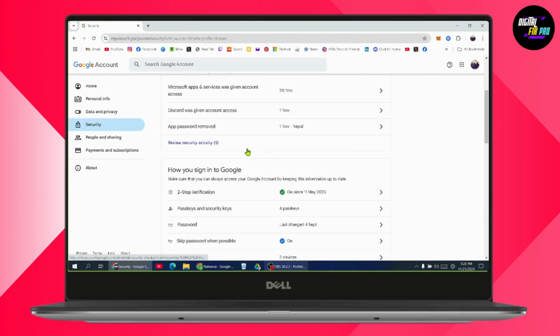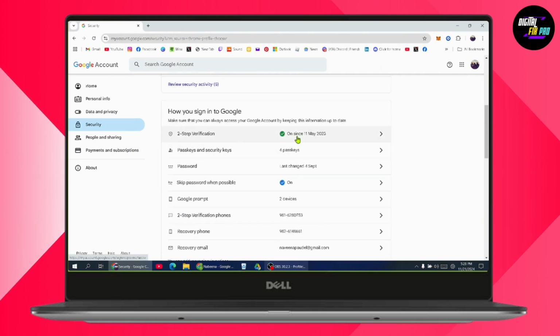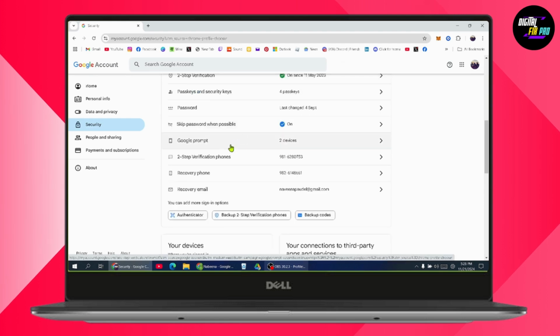Under security, now make sure that you've turned on your two-step verification. In my case, I've already turned it on. But if you've not turned it on, you just need to simply click on it and you need to turn on your two-step verification. Once you've enabled that, you need to go with Authenticator, which is